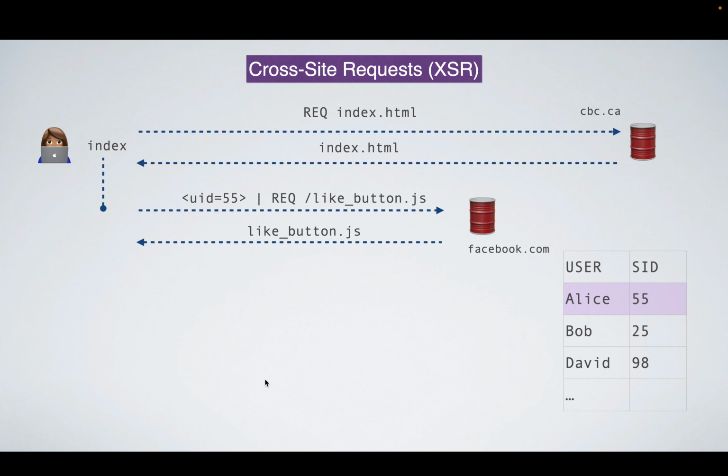Then if Alice clicks on the like button, okay, again, it will send something to Facebook. The like button will be programmed so that when you click on it, it sends a packet or a request to Facebook. Facebook will see it. It will say, I know that's Alice. I can see that Alice is logged in. Then it can go and update Alice's profile, and it can add the fact that she liked this particular article from CBC. Although in order to know what article it is, CBC would have to be passing this